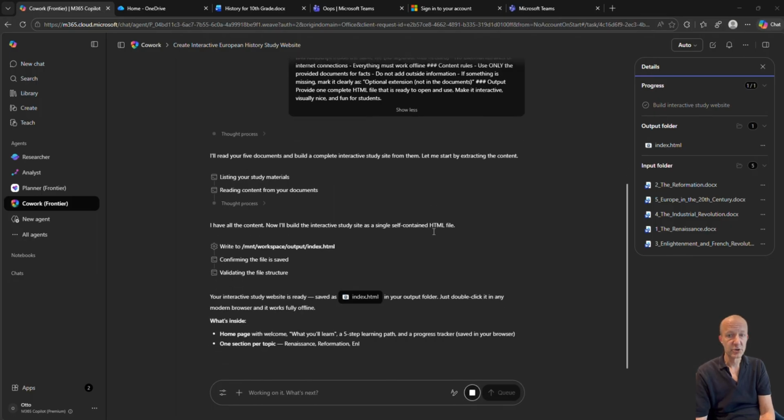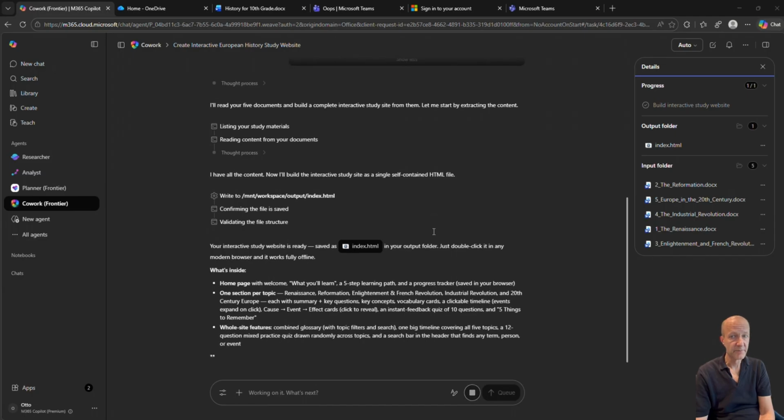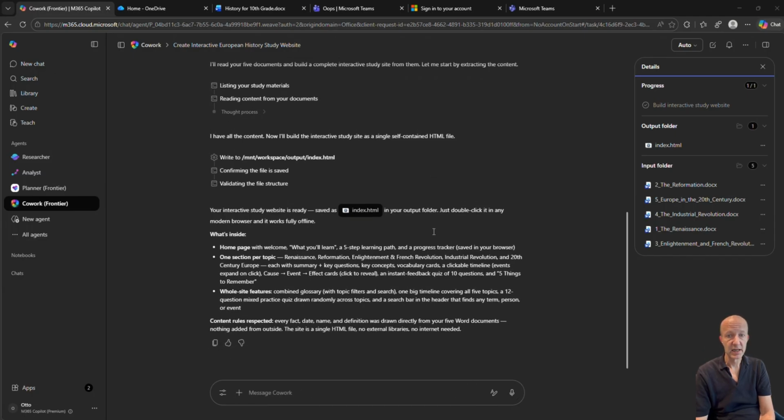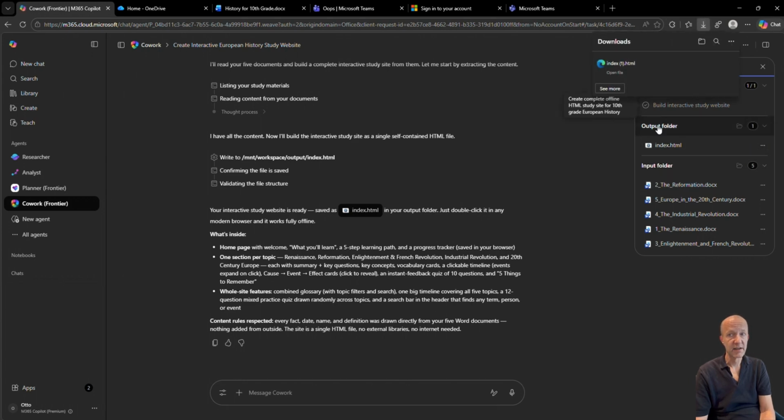I will go through the sharing of it in the later phases, but here let's just look at what it does. It explains the website, it explains what it has, and now I open the file by downloading it, and when it's downloaded I can just open it or I can copy it somewhere else where I want to put it. Now that the website has been downloaded, I can open it,